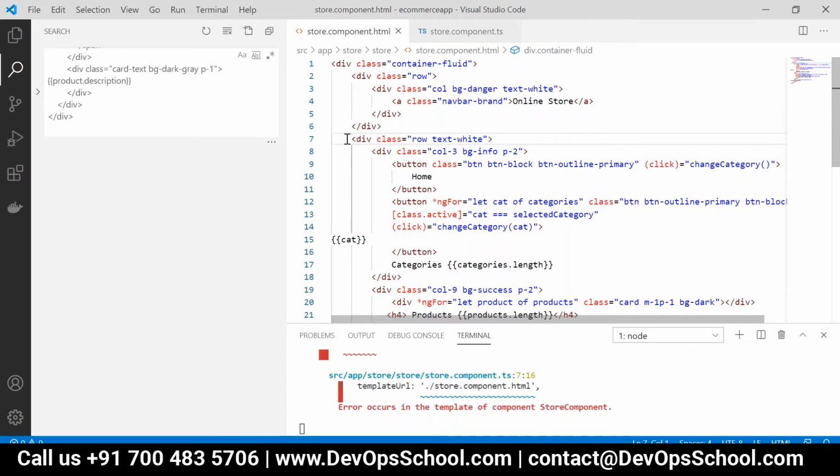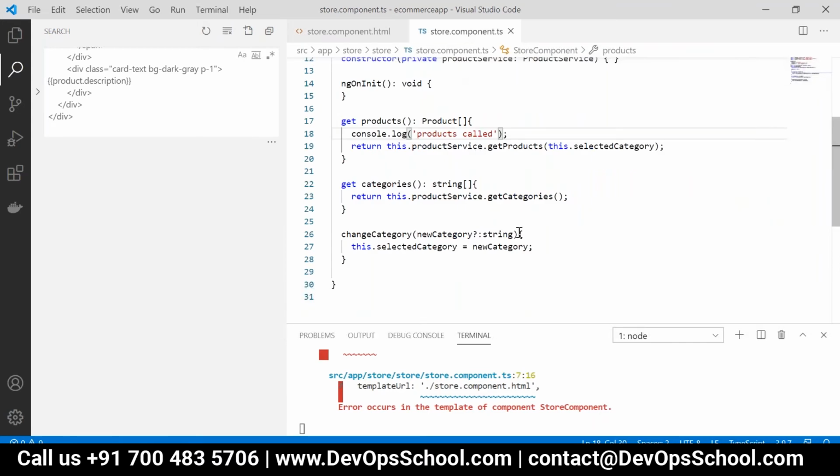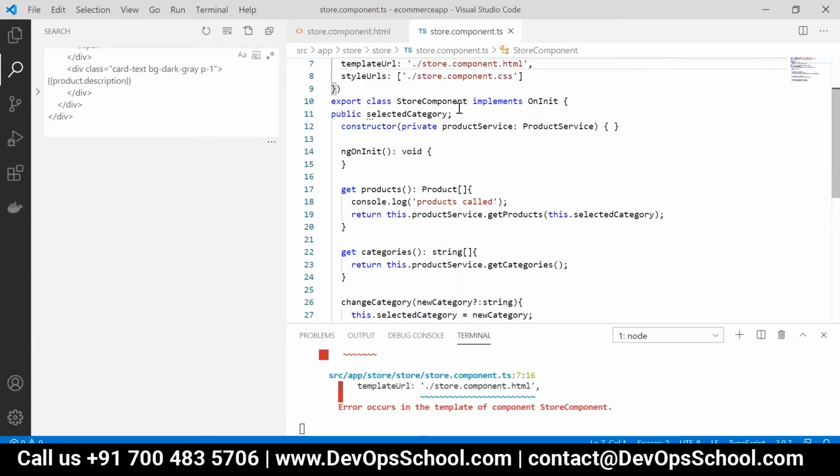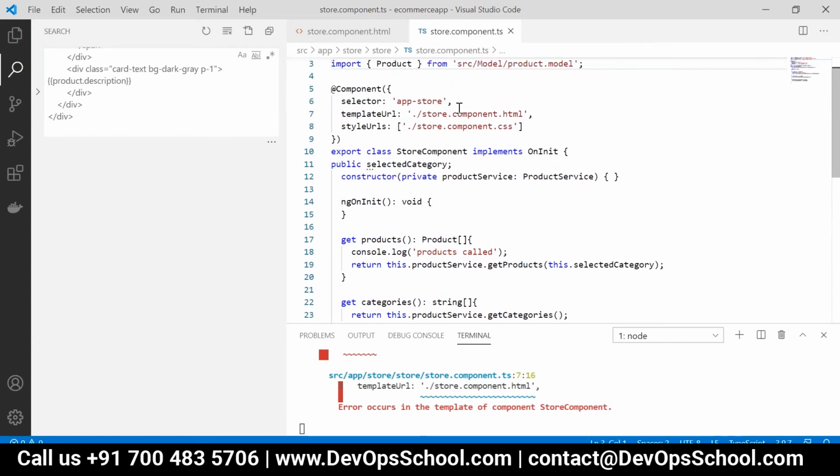Again, it's still giving the error in that same line. Just go to your store component ts, just go above. So the template URL is store.component.html. Okay, it is showing the error in line number 7. That template URL is store component.html.